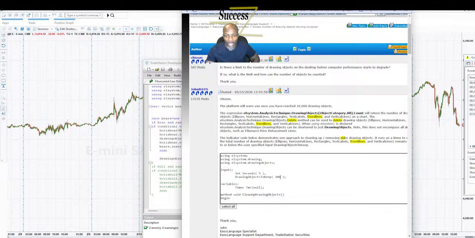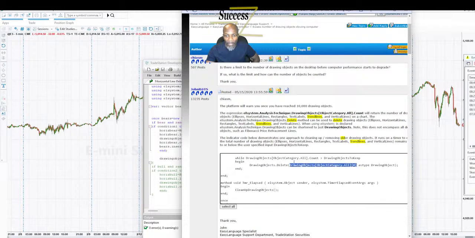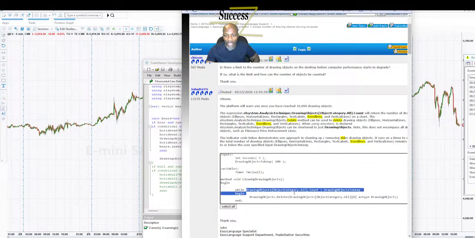Drawing objects to keep 100. While drawing objects, okay, so this is a... oh, yeah. This is a